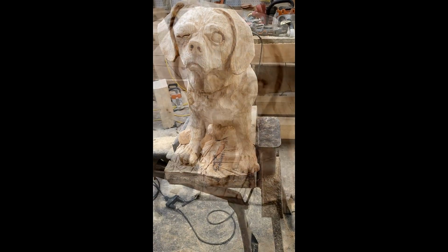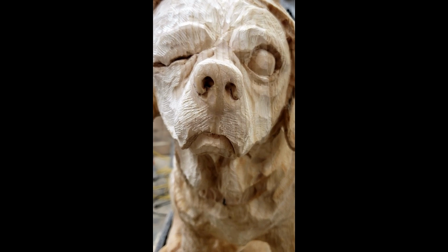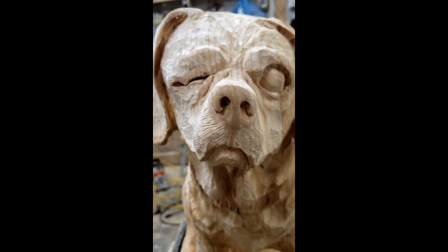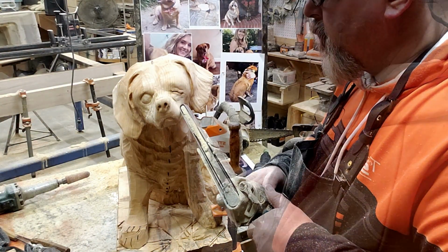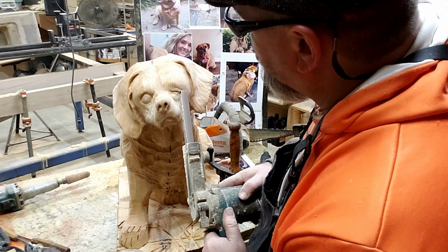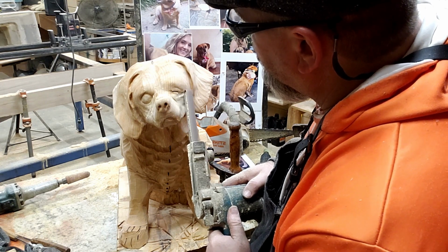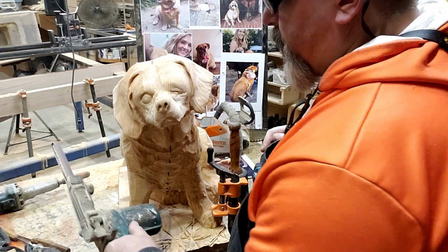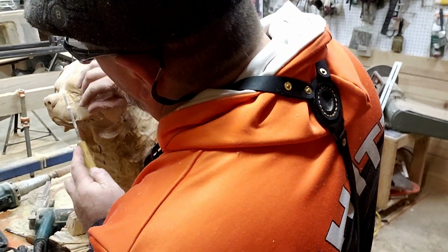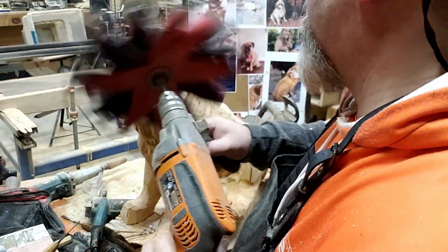This is a tricky business because I already kind of knew how I wanted to paint it, and I knew the textures that I wanted, but I'm not a dog carver per se, so I just needed to nail a few aspects of the dog, get the basic size down. Apparently, the dog was very small, smaller than actually the carving. I had the height right, but basically,